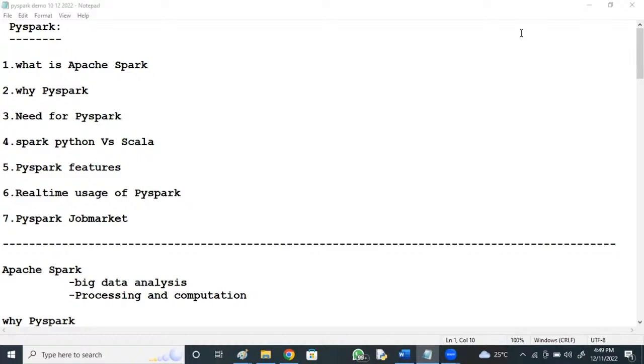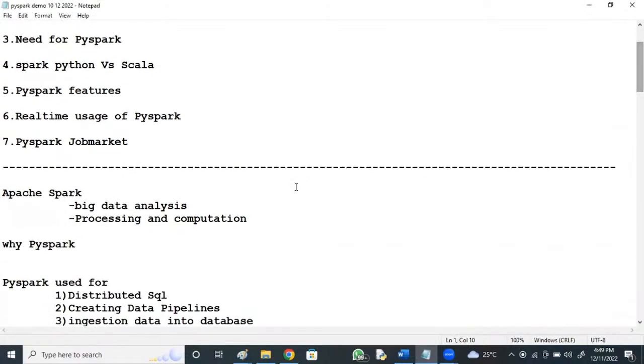In the last session yesterday, I was briefing you about what is PySpark and why PySpark. So what is Apache Spark: it is for big data analysis, for processing and computation, right? If you see more on this,